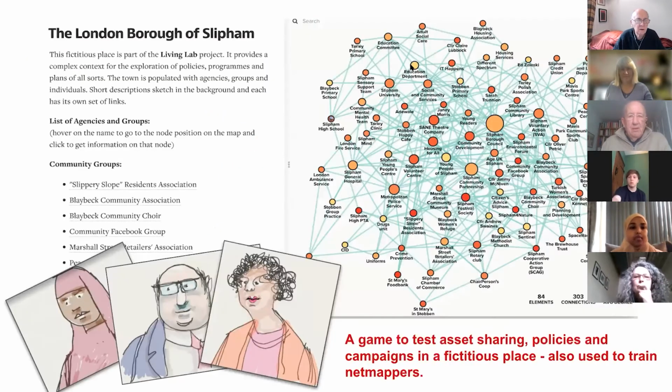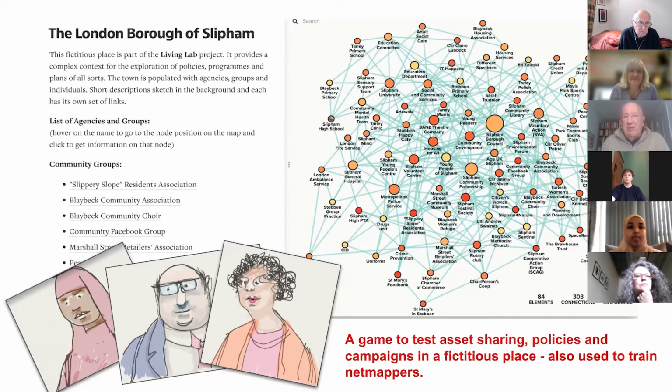Yeah. Whoops. This is Slip'em. Slip'em is a representation of a fictitious place. Deb and I were running a lot of workshops where we were asking people to develop a scenario within which they could start talking about connectivity and collaboration and that kind of stuff.